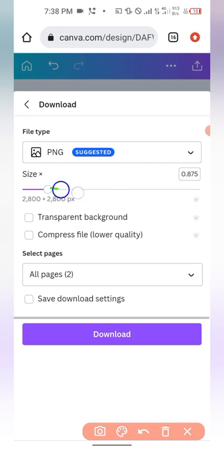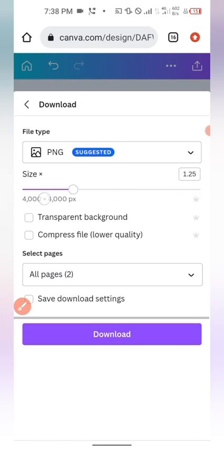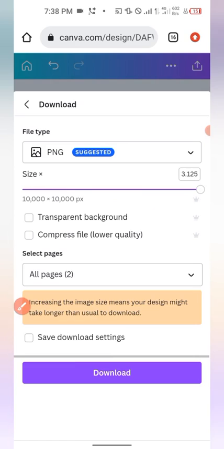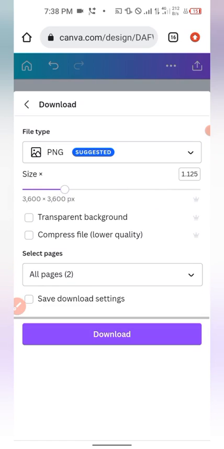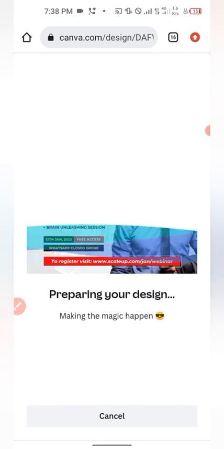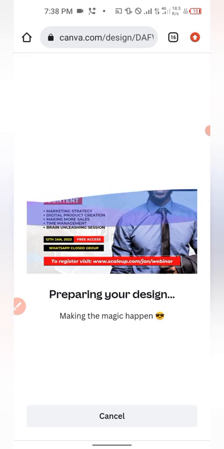Maybe if you are using Canva Pro, you can use this. You can increase the quality of it to this particular place. I hope you understand me. You can increase it to 3 times. But if you are using a normal Canva account, a free account, you can just click on PNG and then click on download. It will be automatically downloaded to your phone. So that is how I did